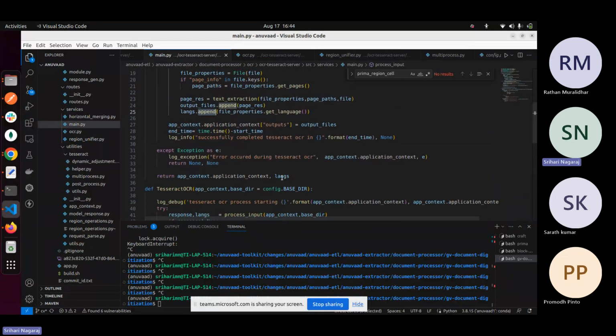This is the whole Tesseract code, the custom-made Tesseract, and how exactly it works. This is what it is. You can't understand it in one shot. You need a lot of time to understand all these